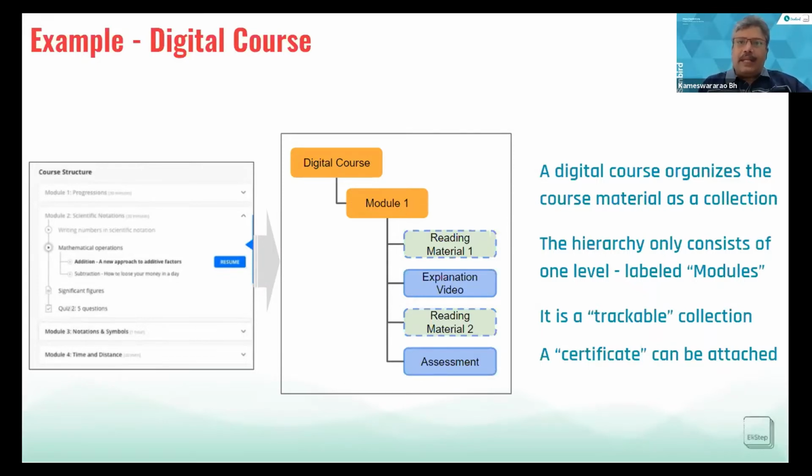You can make any asset trackable and also associate digital certificates, given to the users who complete the consumption of that asset. A course is a very good example, where you specify that a course is a trackable collection, in which case the progress of each user who consumes that course is tracked, whether how much percent is complete, whether it's completed or not, and so on.